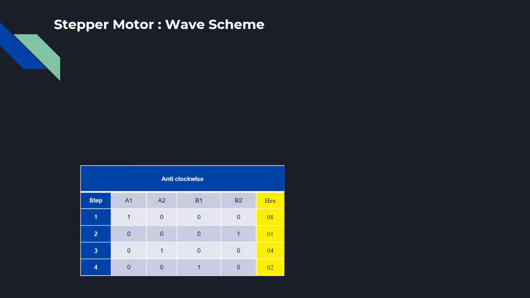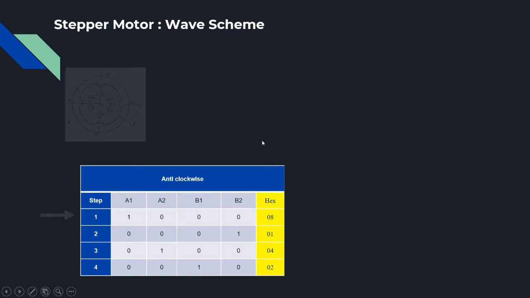Let's go with the wave scheme. Let's understand the wave scheme. In a wave scheme, as I told you, at any point of time, only one phase will be energized. So the energized phase here is given a value of 1, right? At any point of time, the energized phase will be assigned a value of 1. So converting this value into a hexadecimal value using the binary coded decimal 8421 technique, we can convert this value at each step into an 8-bit hexadecimal value as highlighted in yellow shades.